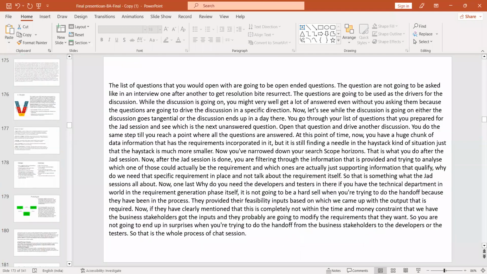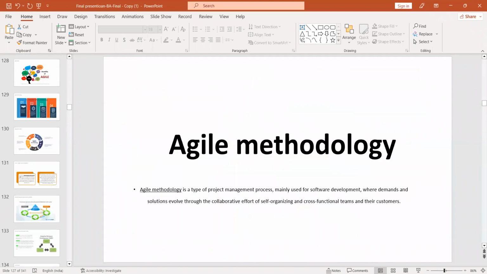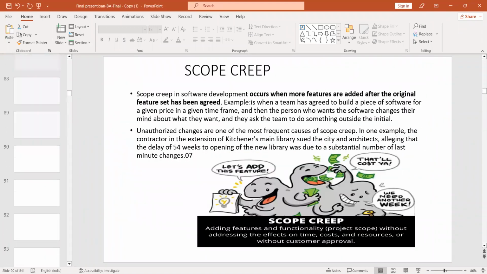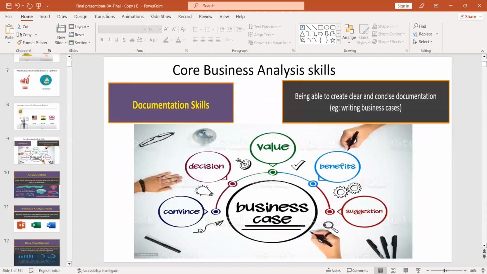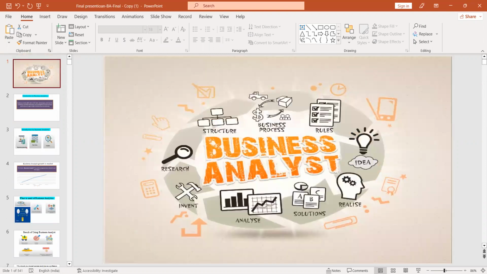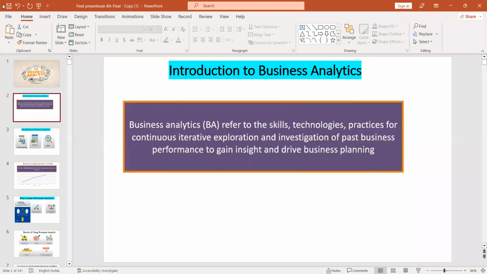So to learn this course, I'll tell you directly, this course will not help you until you find your own way. This is just a piece of paper. When I went for the CBAP or the CCBA, once you read that content, this content is nothing in front of that. This is just an overall explanation. Even if you sit for the complete